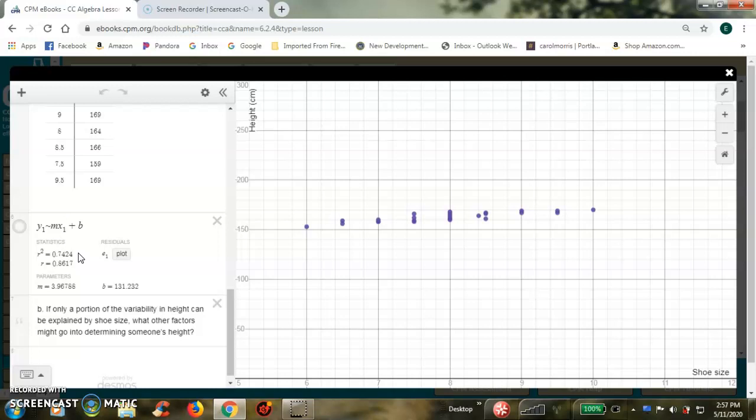I mean, there's a 26% that does not seem to be related to shoe size, and maybe that's factors like a person's health. Maybe it's related to nutrition. Sometimes people have disabilities that mean their shoe size doesn't match their height. So there are other variables. All right, so that's the first example of how we can interpret R squared.